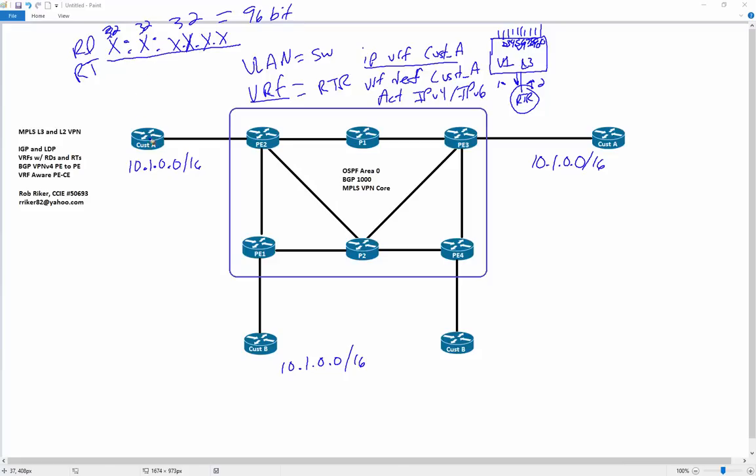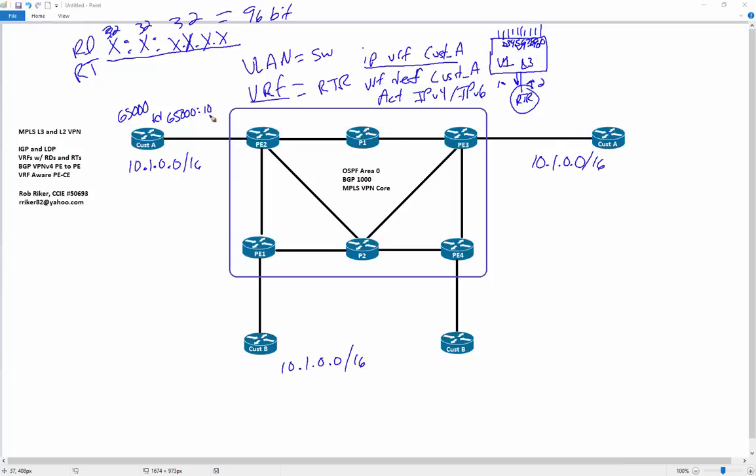This is per route. So customer A might have, we'll say, BGP AS 65,000, and let's say the route distinguisher for customer A is 65,000 colon 10, and that's what you would do. You'd say RD underneath each address family if you're using a VRF definition. If you're under IPv4, it's only IPv4. You would say RD 65,000 colon 10, and then for every prefix that customer A advertises to you, you would